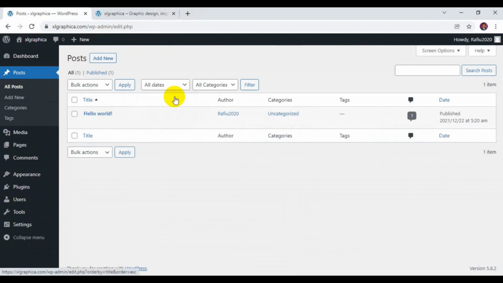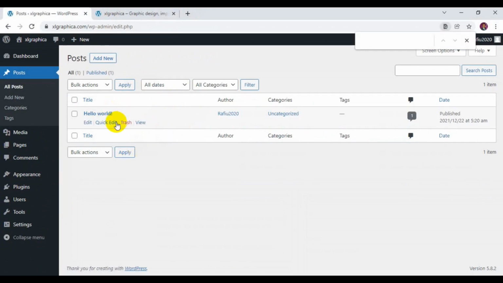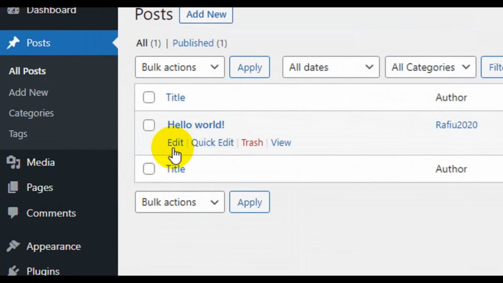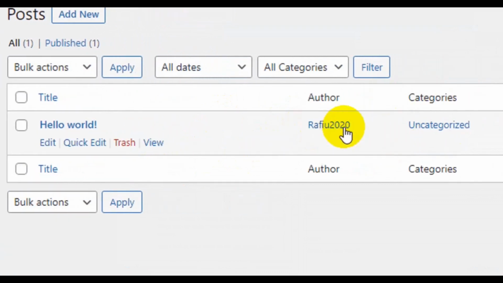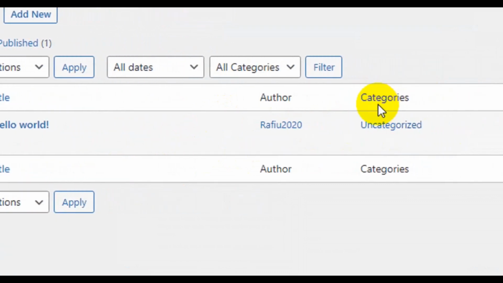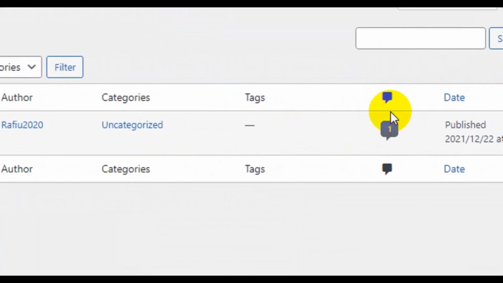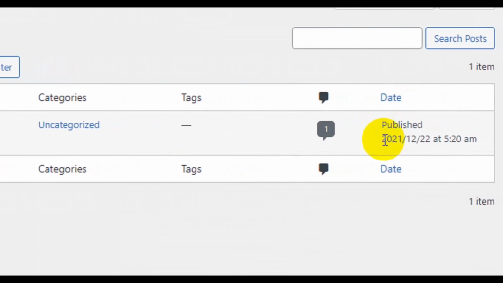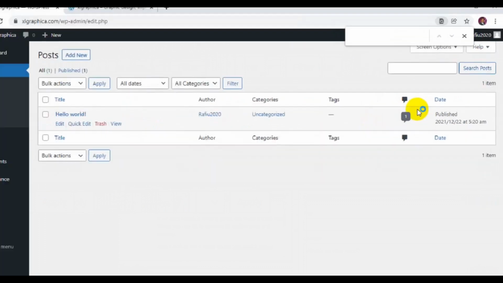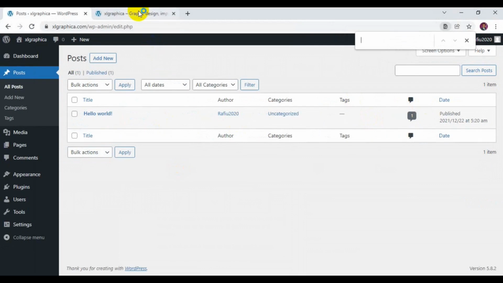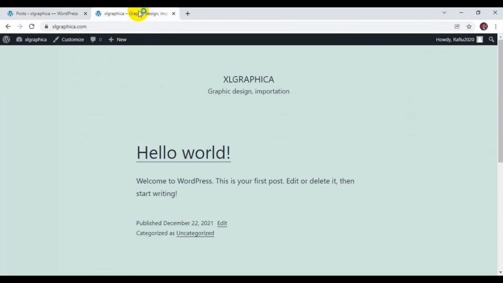Now here you can delete. So you can edit, you can delete, you can do anything as far as this post is concerned. You can see the category. All this has to do with under post. You can see tags, then comments, and the date that it was published. Now, being a default, and this is just a new website entirely, we need to delete all